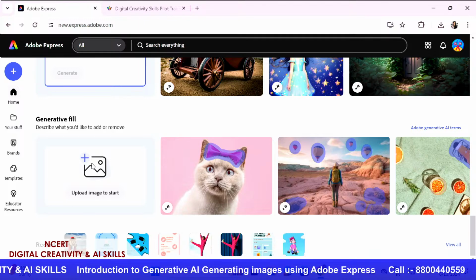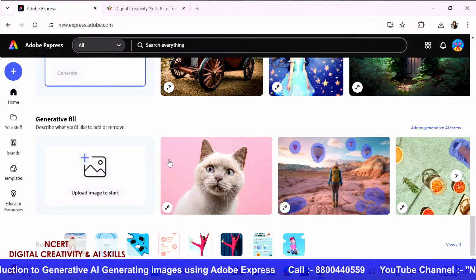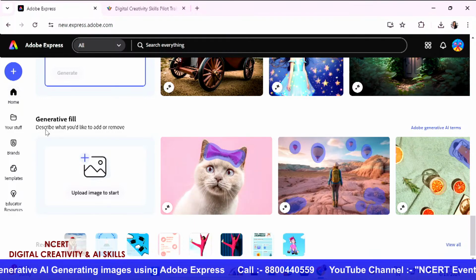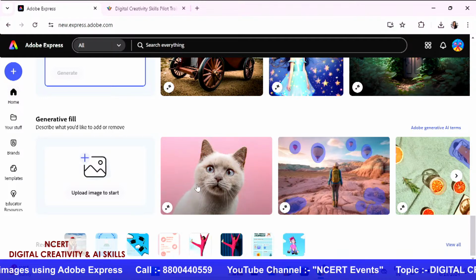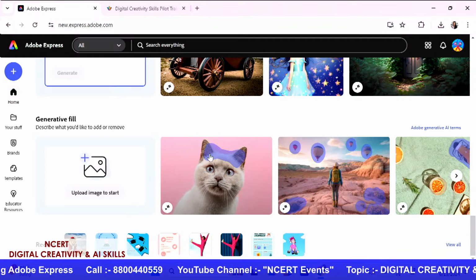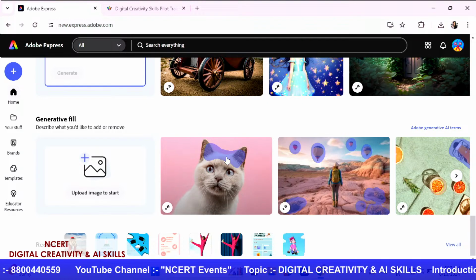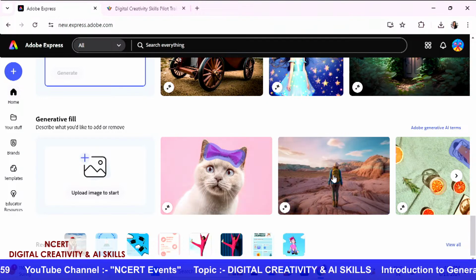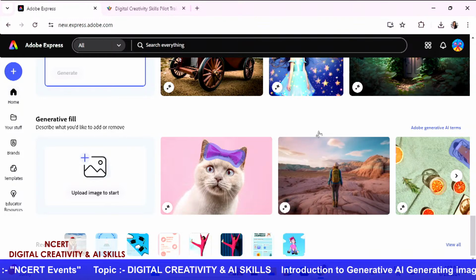But before I do that, I will also show you what kind of images have already been generated over here. For example, the first one says, describe what you'd like to add or remove, and here is this cat's image where they have highlighted a certain area and then a pink bow appears on the cat's head. Similarly, there's this picture of a wanderer where they have added all of these balloons.